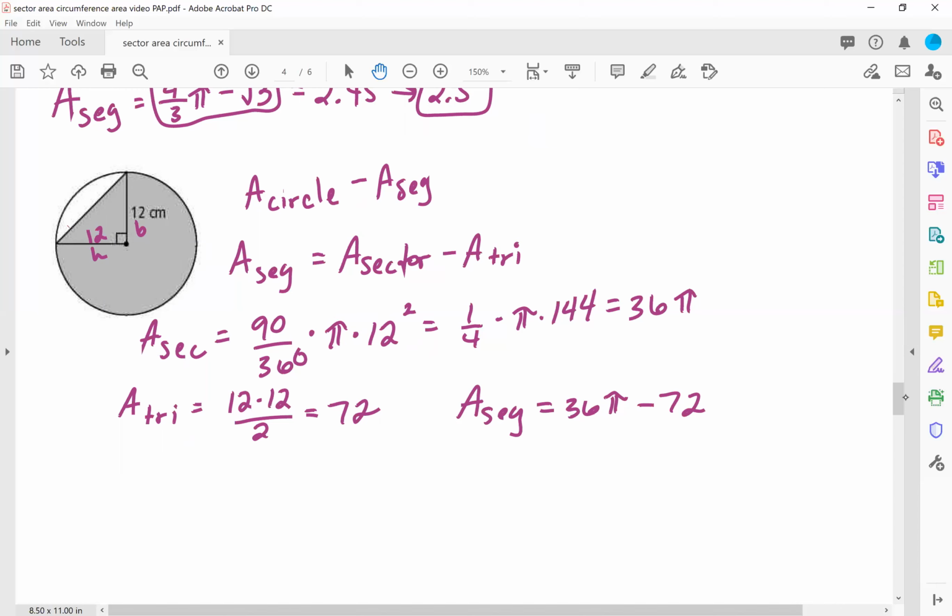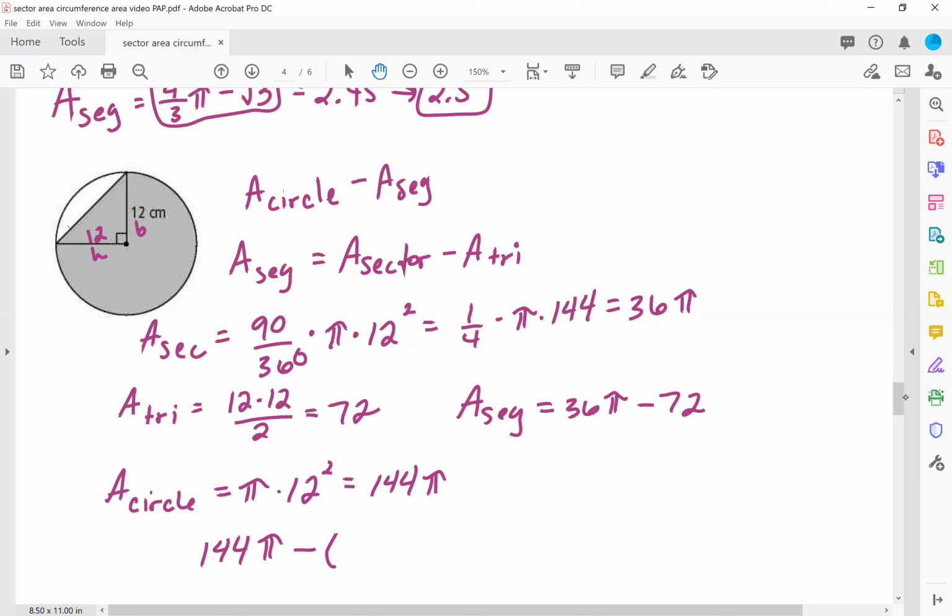So now to get our final answer, we have to do the area of the circle. So the area of the circle, it's pi r squared. So pi times 12 squared. So 12 squared is 144. And we have pi. So now the final answer here. Okay. We have to do 144 pi